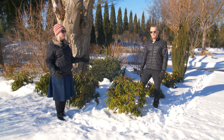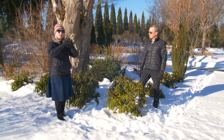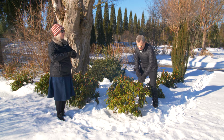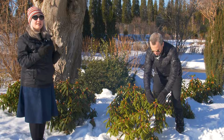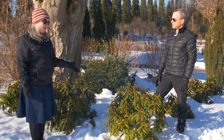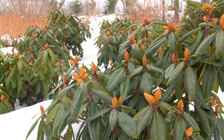It's true. So you've heard us talk about it on the show before, but when it's really cold, broadleaf evergreens like rhododendron try to reduce the amount of surface area their leaves have exposed to the sun and wind, and so they mope. They kind of roll their leaves so less of that surface area is facing out. But on a nice, relatively warm day like this, as you can see, they look great. You can also see that they have huge flower buds on them, and that definitely signals that a great spring